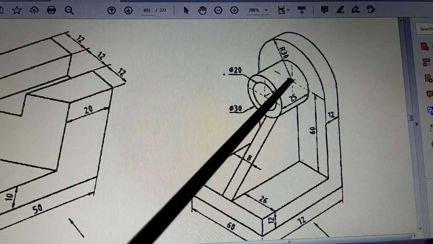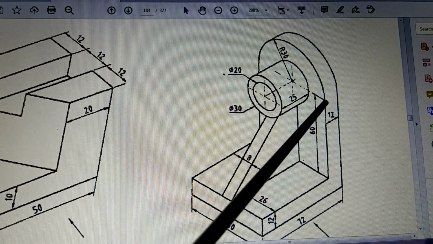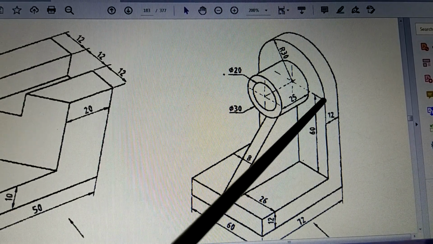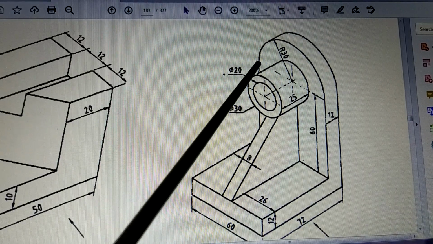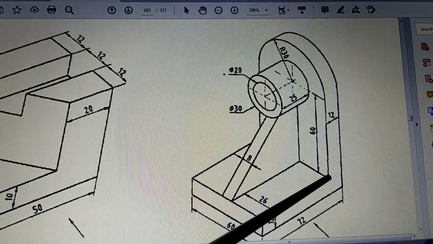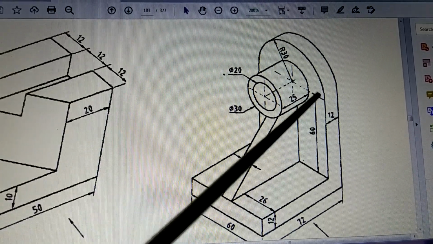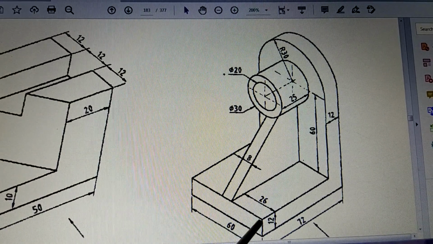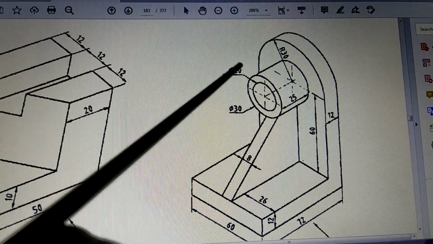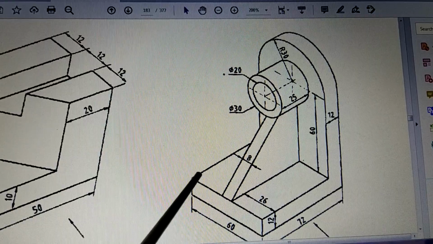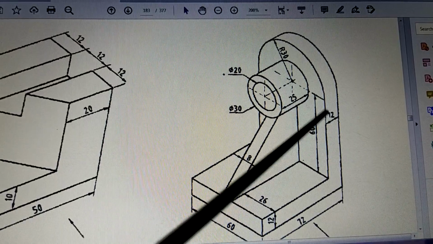With the center exactly in the middle of this 60, that is 30, taking this center, we draw a semicircle from this end to this end. That is the overall shape of this back surface, exactly above this. It will come straight, curvature and again straight. So you have drawn this surface.